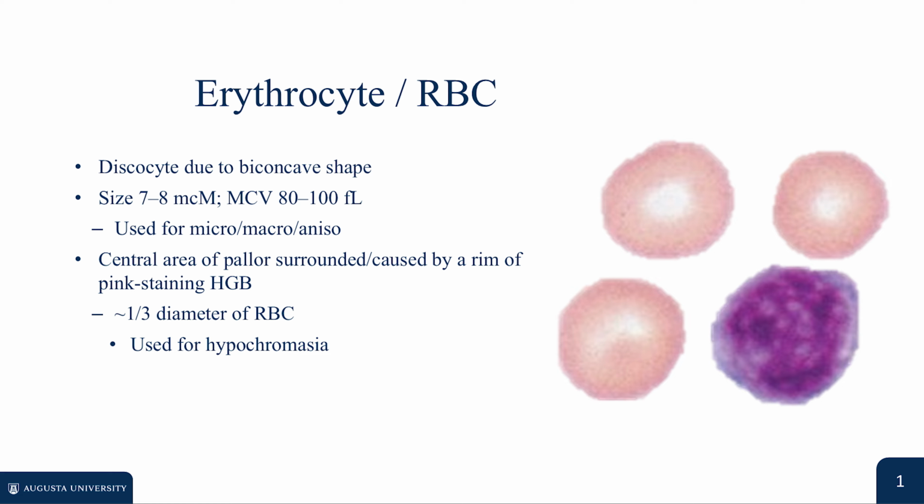We begin with the normal red blood cell morphology, specifically the normal mature erythrocyte, often called a discocyte. Under standard conditions, a normal mature discocyte is a biconcave disc measuring 7.0 to 8.0 micrometers in diameter. When evaluating erythrocyte volume on an automated analyzer, this corresponds to a normal mean corpuscular volume, or MCV, of 80